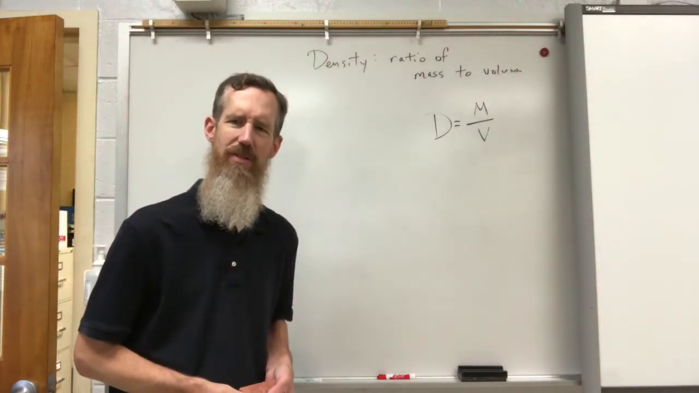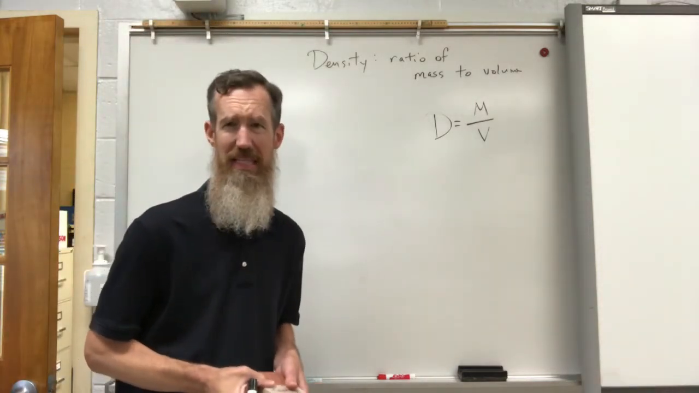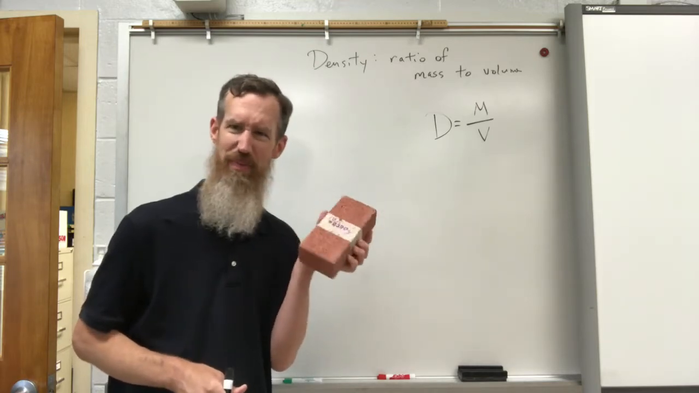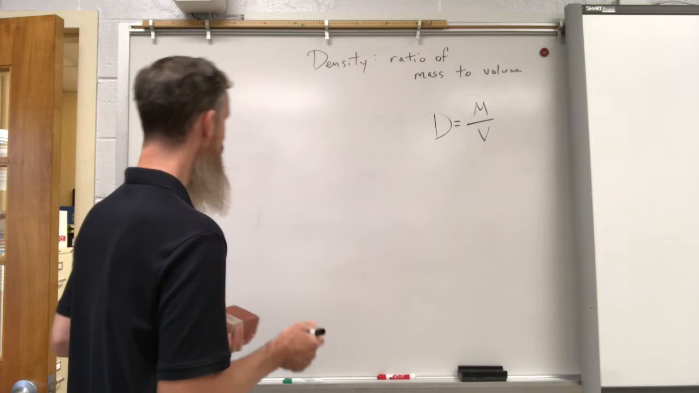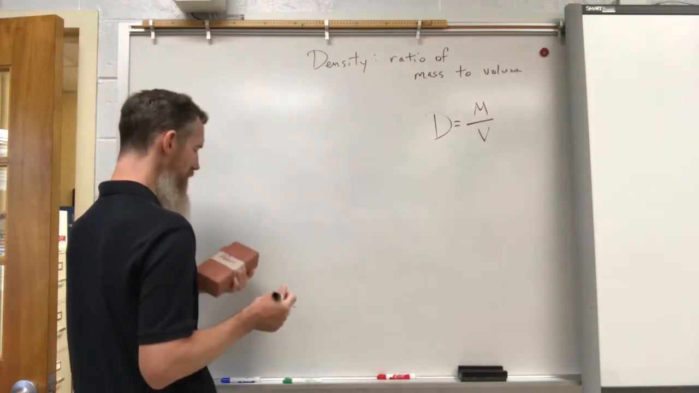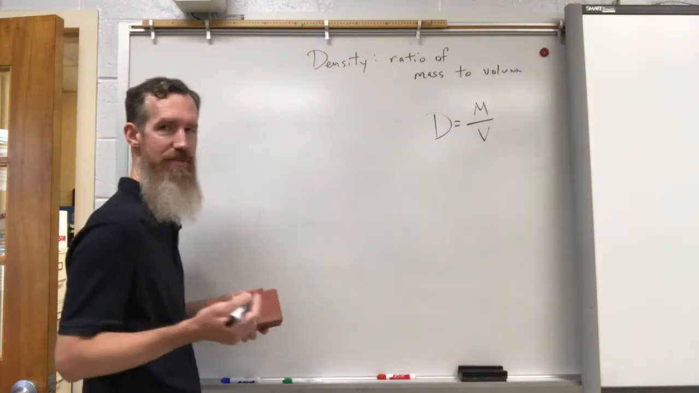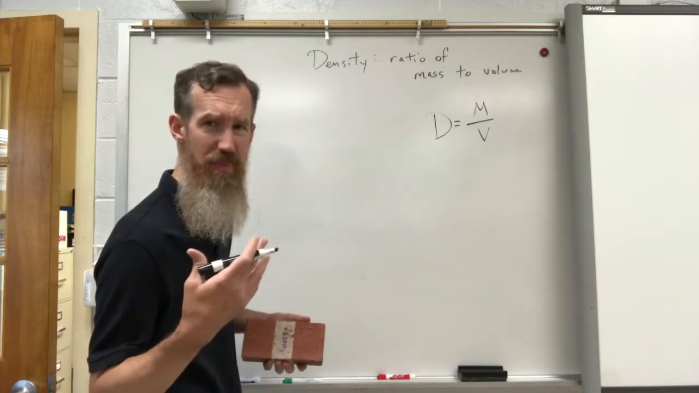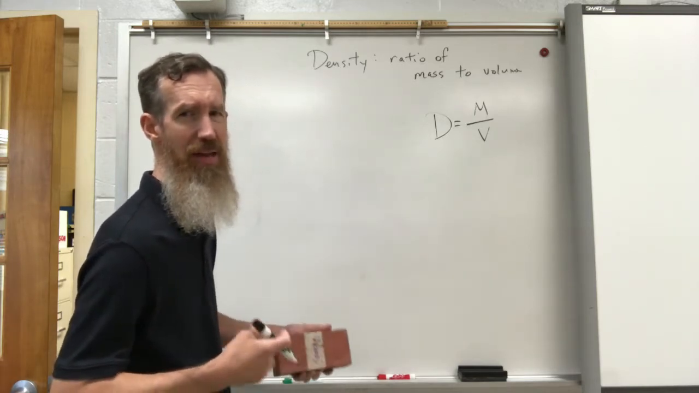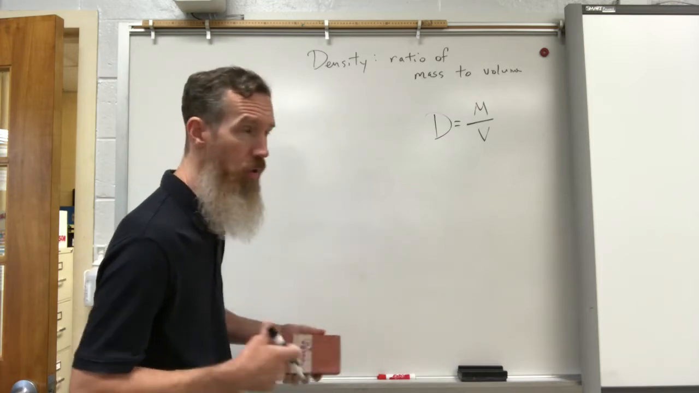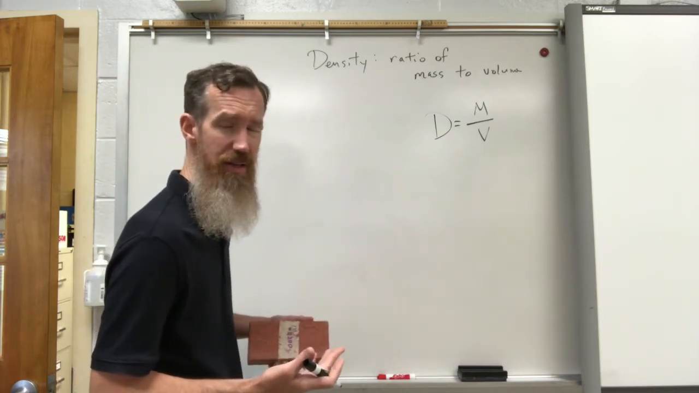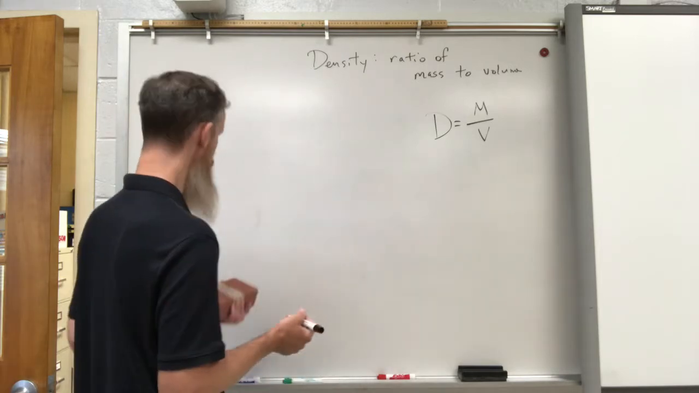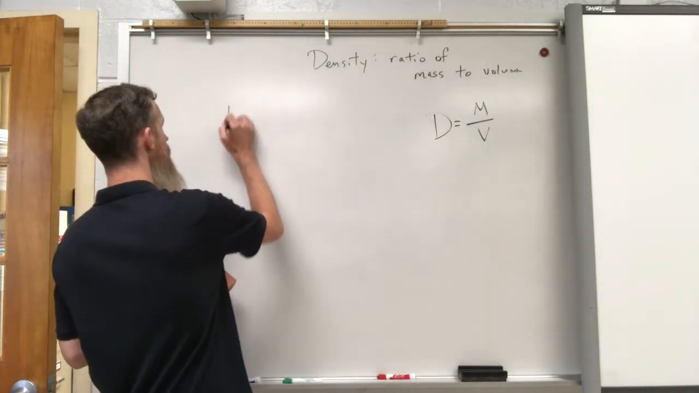Okay, so let's do some actual density problems. But first, we're going to find the density of this brick. Well, density is mass divided by volume, and you're going to do word problems, and they're going to give you mass and volume measurements, or you're going to have to use that information to figure out mass or volume measurements. In this case, if I want the density of my brick,